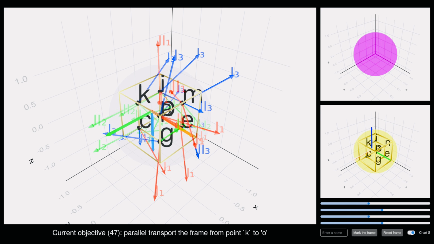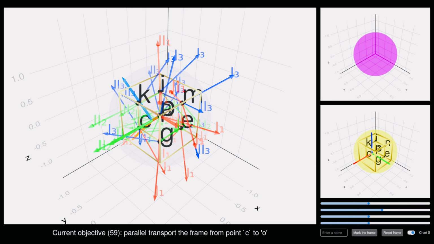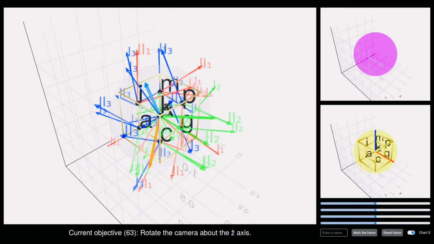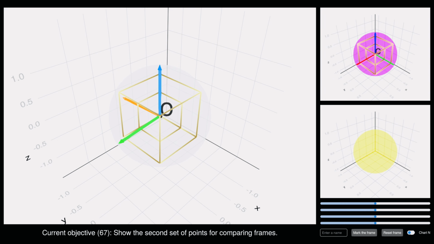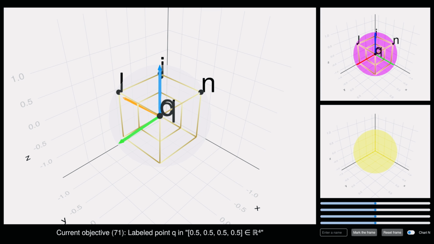Mark the frames that are parallel transported from the center of chart S at origin O with identifier 2. Step 9. Compare them with frames originated from the center of chart N at origin O. The twist in frames 1 compared to frames 2 is like the reorientation of 3D objects in the Euclidean three-dimensional